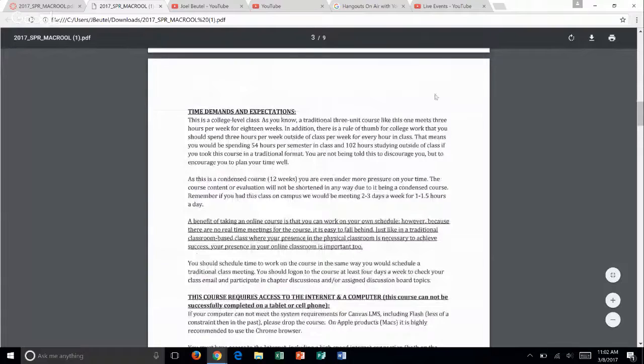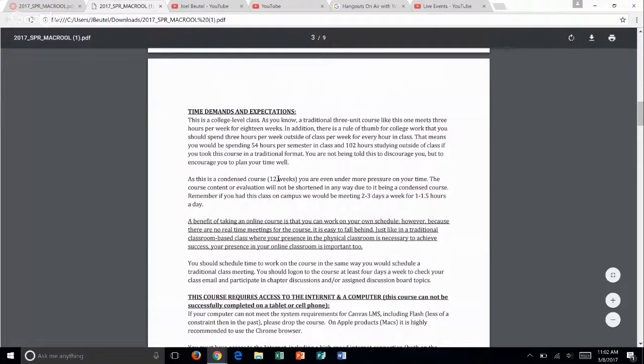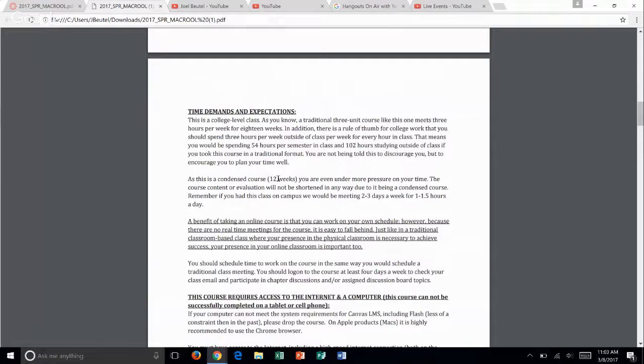Time expectations: this is the condensed course. It's 10.5 weeks long. I forgot to edit this, things changed. It used to be a 12-week course, but now it's 10.5. Hopefully it'll go back to 12. That's pretty quick. Normally we have 16-week semesters, so you're getting about all of the material in 2/3 of the